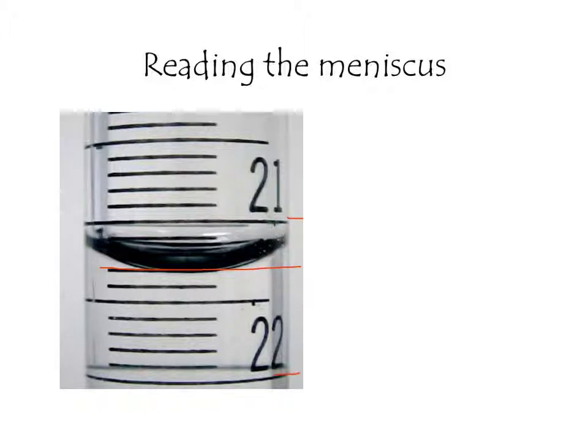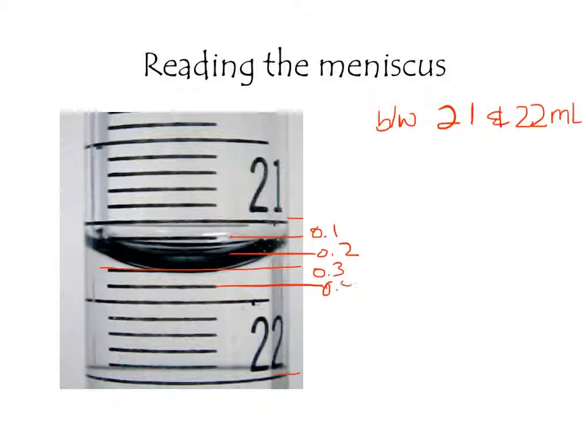So I know my number is somewhere between 21 and 22. Now, each of these other ones are going to be 0.1 markings. So this is 0.1, 0.2, and this line is 0.3, 0.4. Now, the bottom of the meniscus is somewhere between 21.2 and